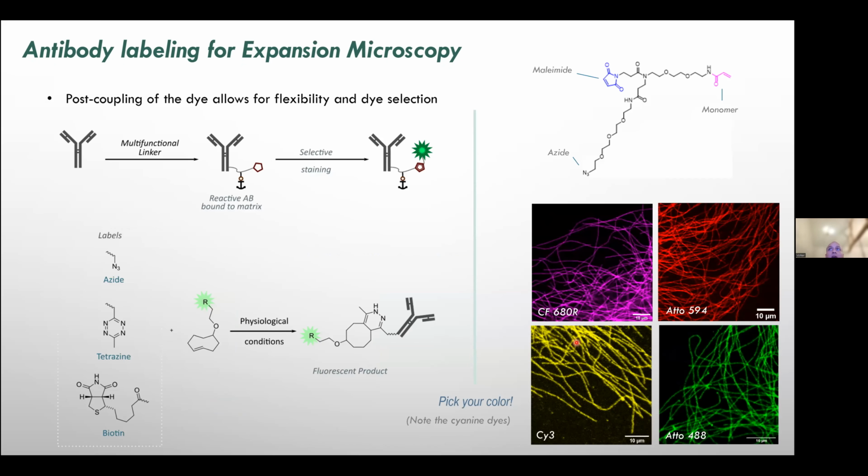We also made variations on this theme where we do not take a dye, where we convert the dye into a functional group. We exchange it for a functional group like this azide moiety here. But in all, the design always remains the same. You have the monomer group, you have a reactive group capable of linking to the antibody, but in this case, you have the azide, which allows you to take an antibody, you react it with the linker, you get the reactive antibody, which you can then polymerize into your expansion gel, but this azide moiety here will remain there, dark